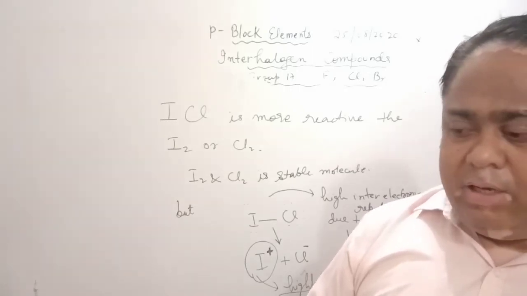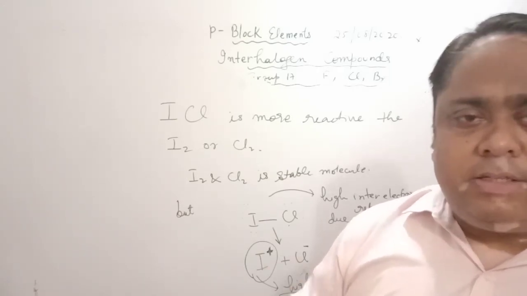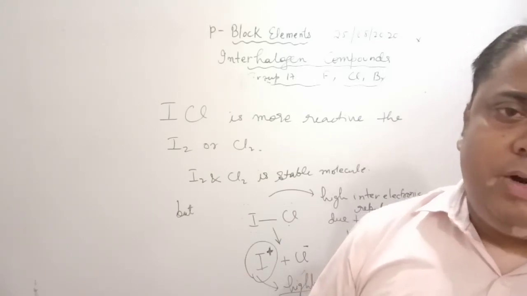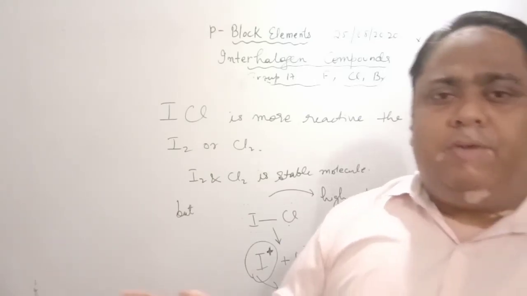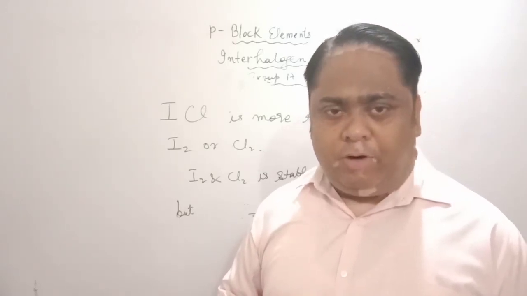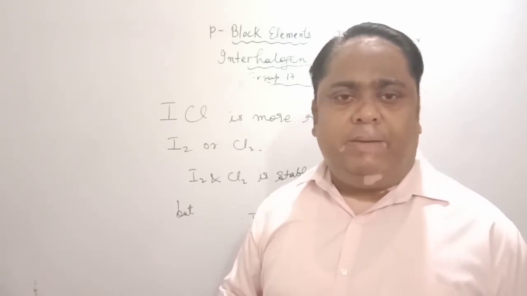XeO2F2, XeO2F4, like that. It can form a number of oxofluorides, fluorides, and hydrolyzed products of xenon fluorides. Hydrolyzed products of xenon fluorides are generally the oxofluorides. So it depends upon how much water we give for hydrolyzing it, and then a set of reactions are there which we have to study, and that is very important in that chapter.